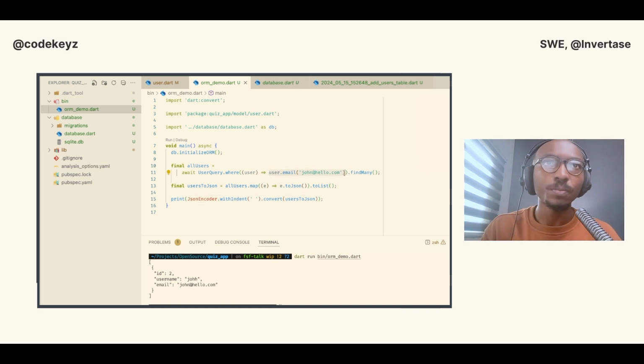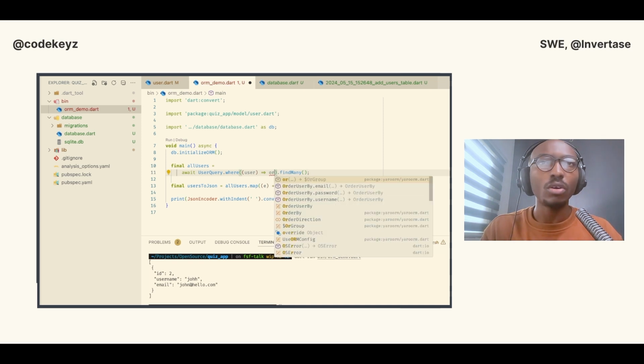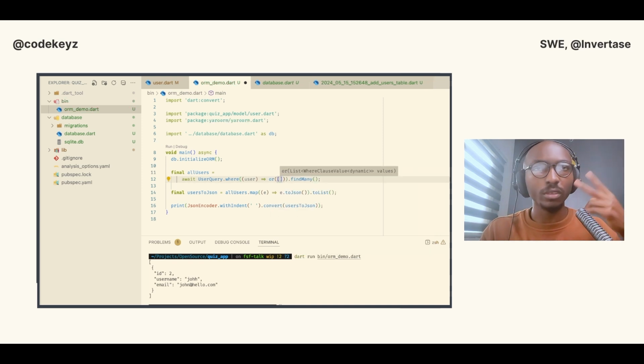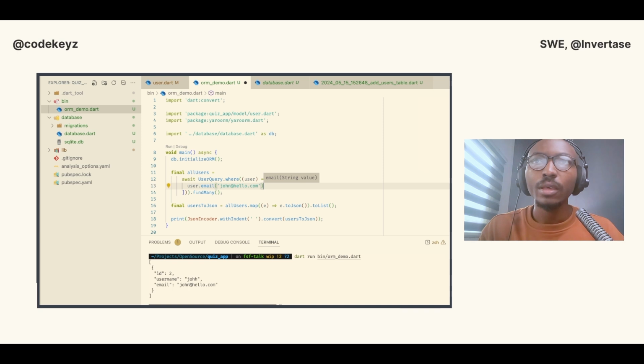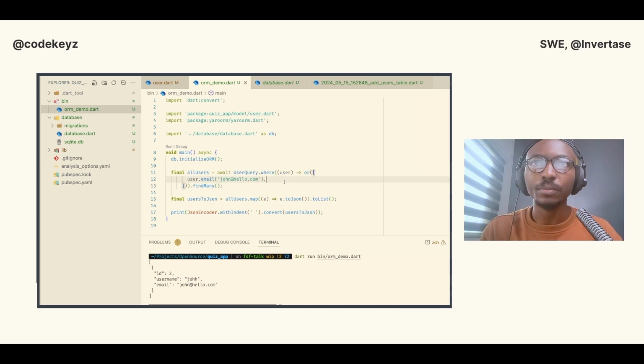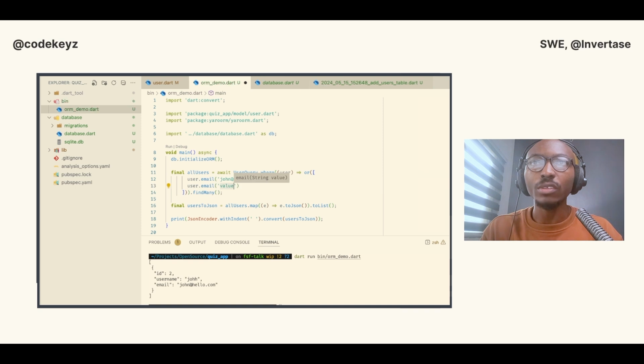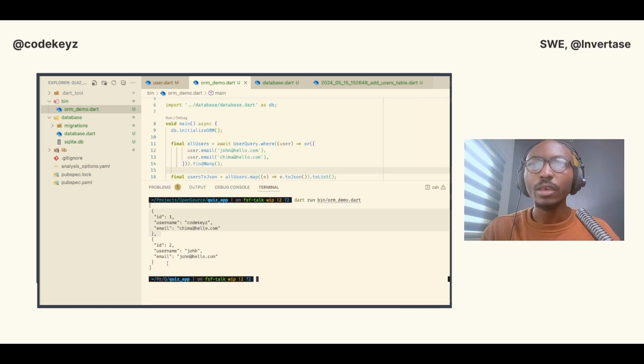I can do an or, because this is two conditions, either of them. And then I need the first one, which is going to be user.email, and then we're going to have another user.email, chima@hello.com. All right, so when I run this, we have the first user being code keys and the second one being